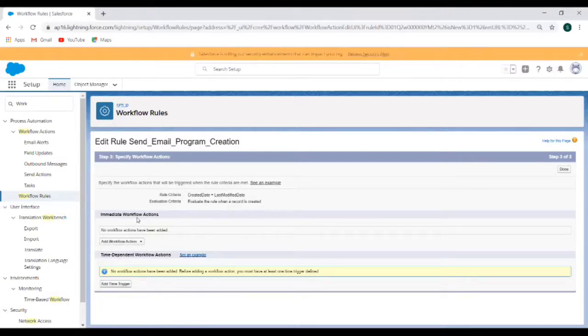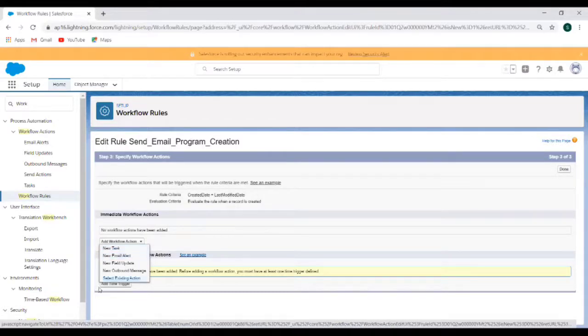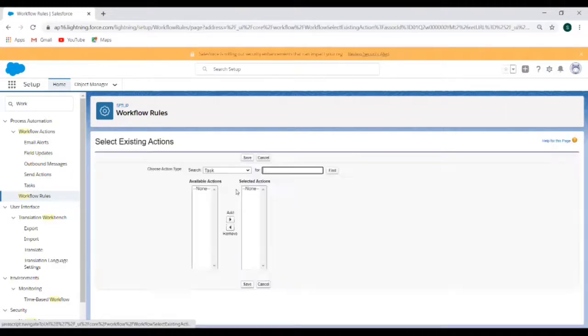We want it to be done immediately, so we will just add the workflow action here. What we want to do is send an email. We already have an existing action defined for this email alert, so here we can select email alert. We have already defined this action.